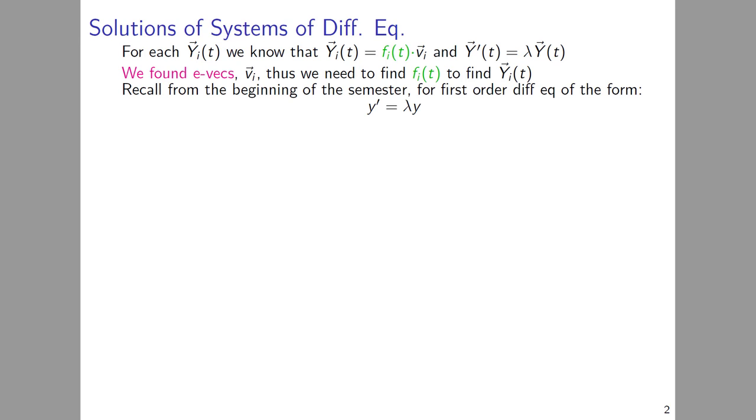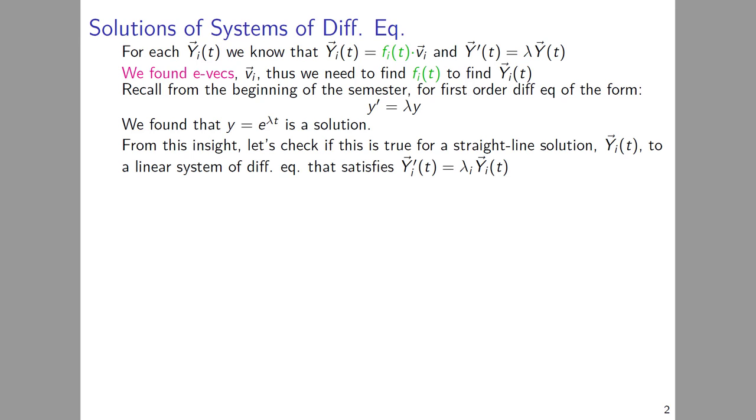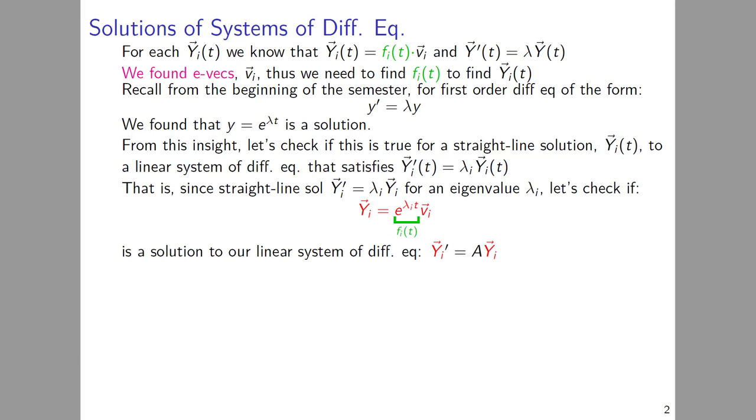Recall that for a first-order differential equation of the form y prime equals lambda y, we found that y equals e to the lambda t is a solution. From this insight, let's check if this is true for straight-line solutions yi of t to a linear system of differential equations that satisfies y prime equals lambda times y. That is, since straight-line solutions satisfy yi prime equals lambda i times yi for an eigenvalue lambda,